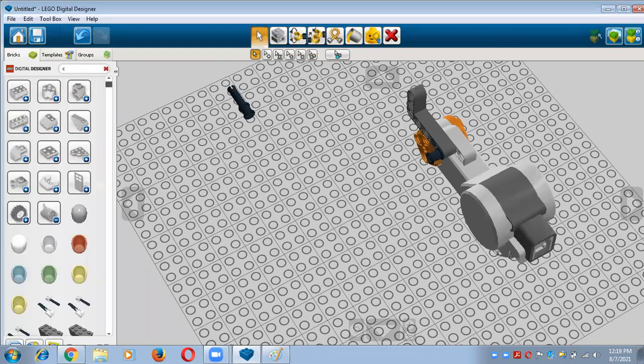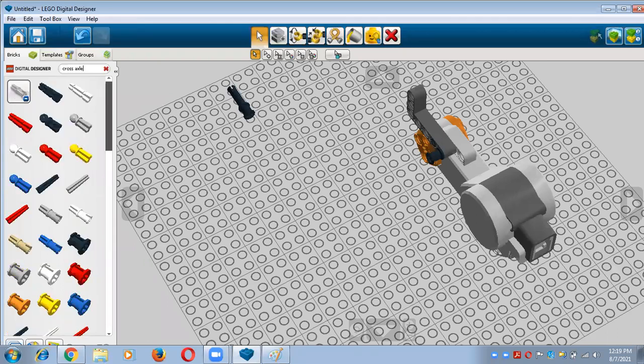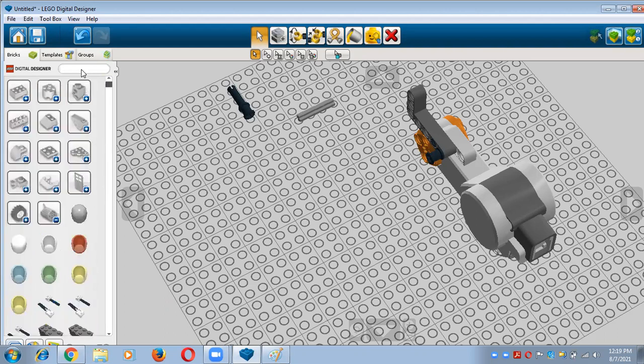Now I'm going to move on to the next part, and the next part is what? The part is very simple, that is the cross axle, and its size is 3M, right? So I'm just typing here cross axle. Correct? And now I'm going to take the 3M cross axle from this folder. So I'm just finding it, yes, this one. So I can take it and put it on our work plane area, and after that I will cancel this search by this cross symbol, and now I'm going to search light sensor.